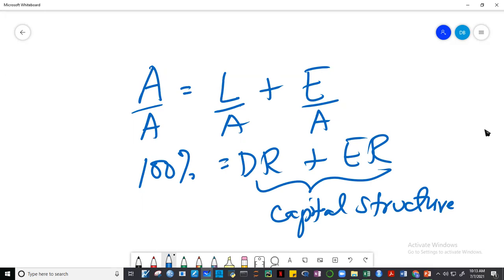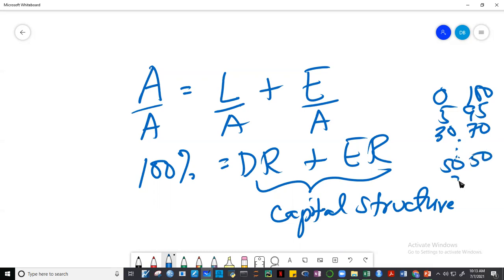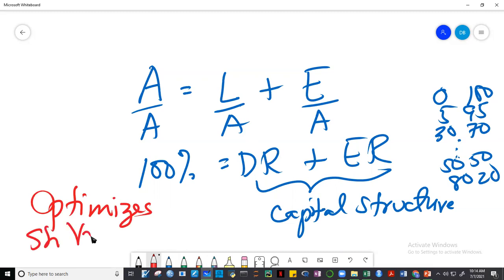So I saw different answers sa inyo kanina. May 0-100, may 5-95, tapos merong 30-70, tapos on the other hand, meron namang 50-50, okay, tapos may 80-20, etc. So ang tanong guys, sino dyan yung magandang capital structure? The answer to that is the capital structure that's the best for a company is the one that optimizes shareholder value. Yan ang answer guys. So kailangan for a company dapat alam niya kung ano yung capital structure na nakakapag-optimize ng